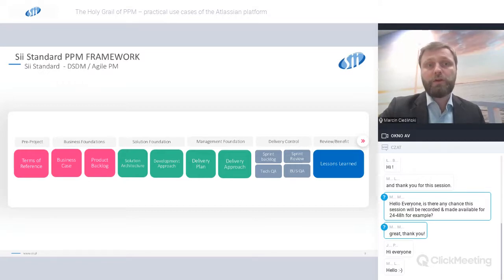Perhaps some of you have already heard about that. That's one of the most common, one of the most popular agile project management frameworks. So it consists of a couple of different stages: the pre-project business foundations. Then on the business foundations we define the business case and the product backlog. Then we focus on the solution foundation, trying to figure out how the solution should look from a technological standpoint. Then we focus on the management